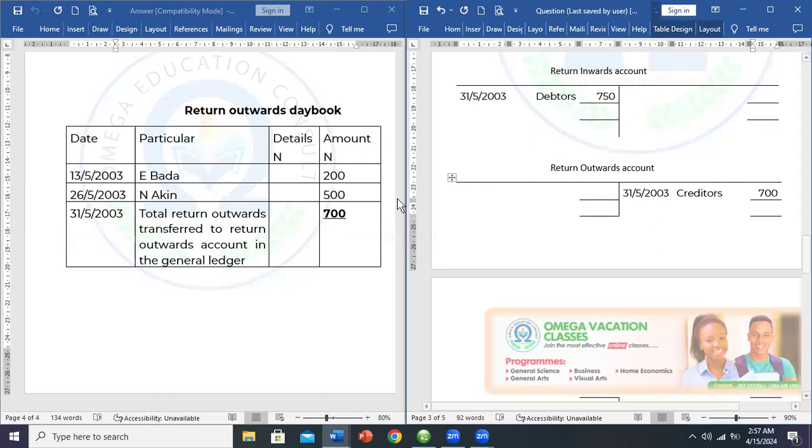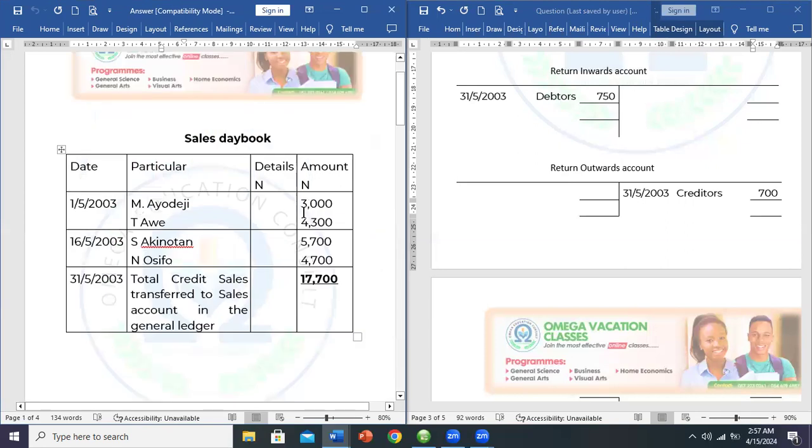So we have been able to successfully post all the entries we made in the four day books, which are the sales day book, the purchase day book, return inwards day book, and return outwards day book. If you have followed, when you pick the first day book, our first day book in this case was the sales day book. Entries in the sales day book will be posted to the sales ledger. So when you open your sales ledger, like we did,